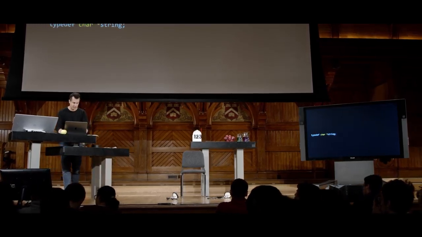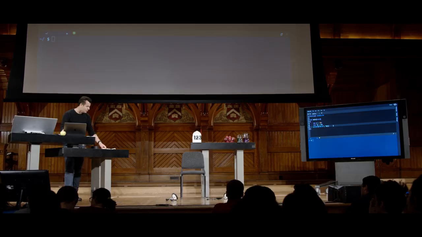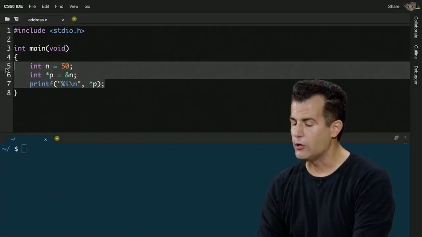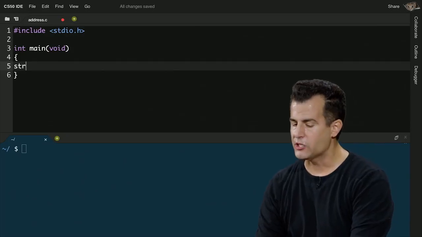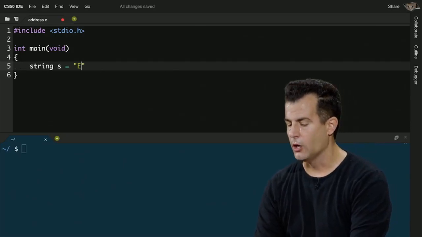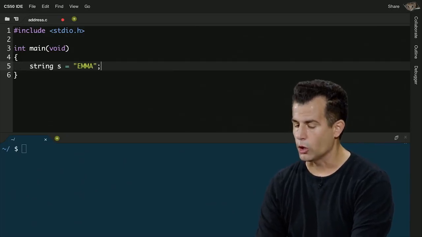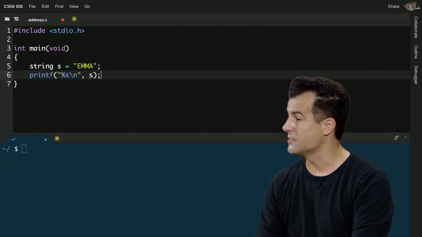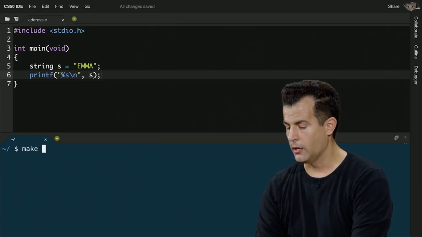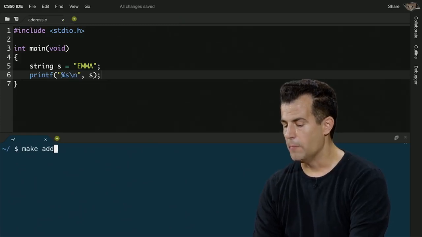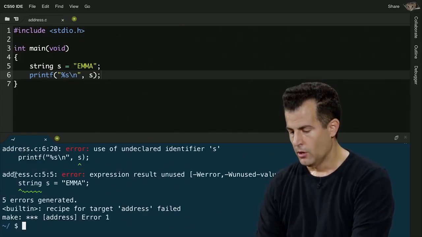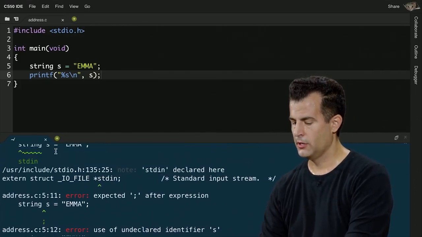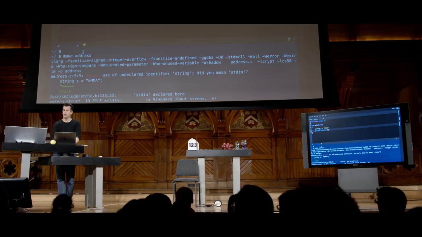So let's go ahead and experiment with this string just as we did a moment ago using Emma's name, now instead of an int. So let me erase those lines earlier, and go back to week 1 style stuff where I just say string s equals quote unquote Emma. And then, of course, if I want to print this, I can simply say this as before. So just as a quick safety check, let me go ahead and make address again. Whoops. What did I do wrong? Let me scroll up to the first of many, it seems, errors.